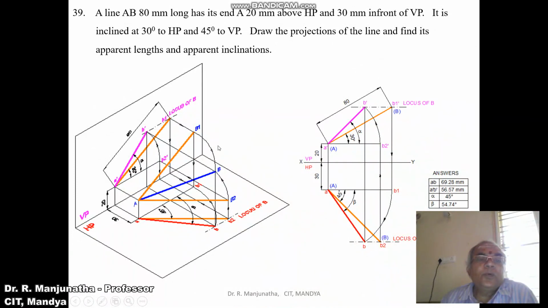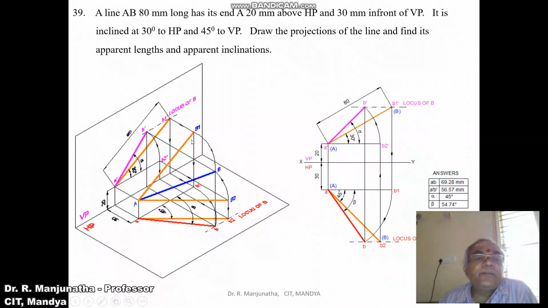Now similarly, I am going to look from the front view. When you look from the front view, both A and B2 are equidistant from the horizontal plane. So that means A is above HP by 20 mm, B2 is also above HP by 20 mm. So the line is going to become parallel to HP. Once the line is parallel to HP, we are getting the true length in HP. So the length of this line is 80 mm and the length of this line will also be equal to 80 mm. That is the meaning of the true length. So this is the actual length. Here also we are going to find the actual length.